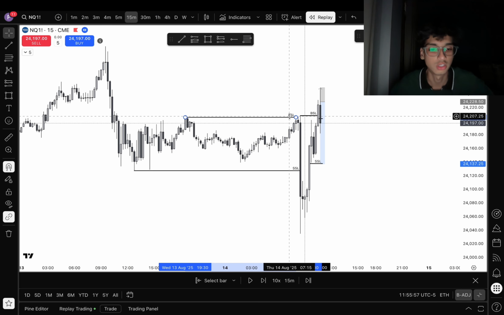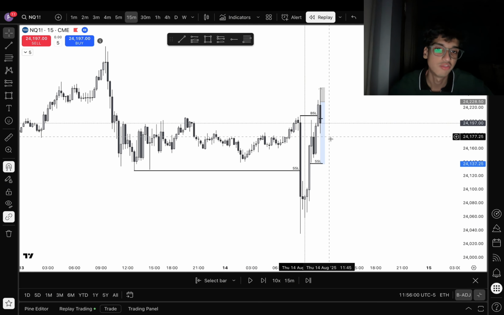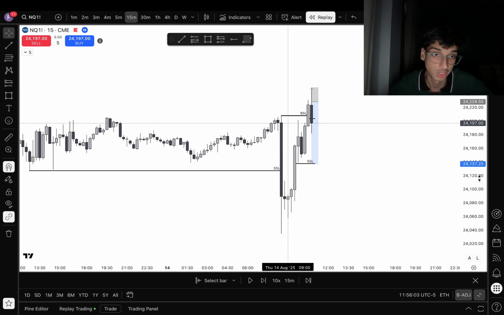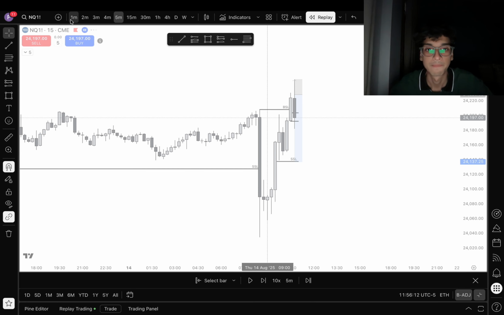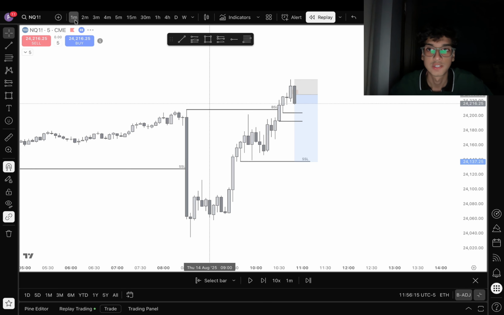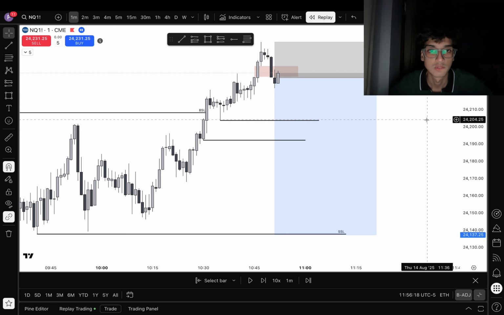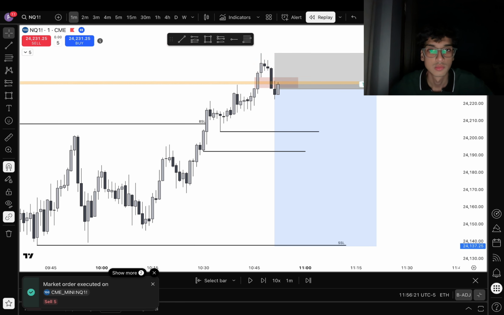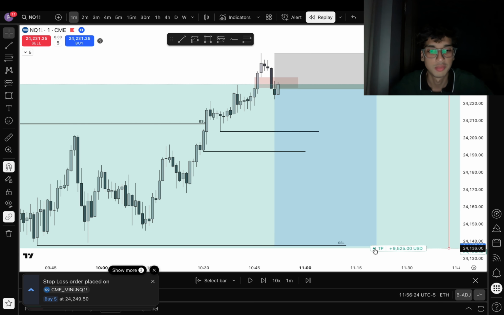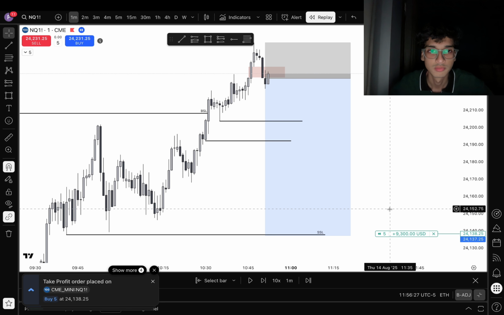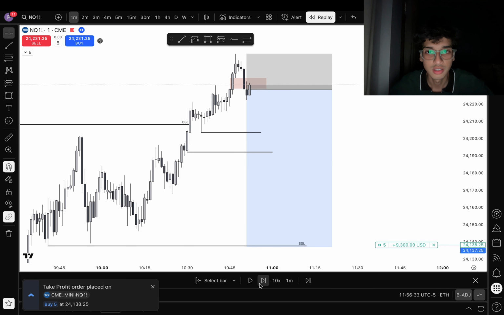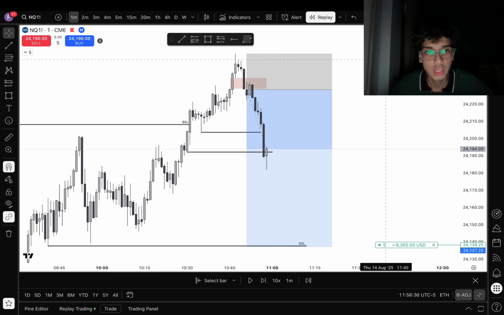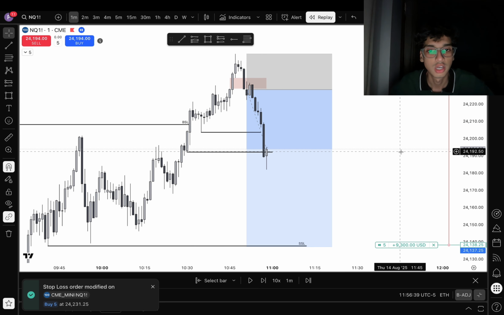Sweep out buy side liquidity, not this one. Sweep out buy side liquidity, and we have generating sell side liquidity. Yeah, that's the reason. And I would love to target this 15-minute unfilled inefficiency. All the way TP down till here. Not insanity, guys. I'll absorb some profit right here. Okay. Stop loss to break even, and I think I should cut my